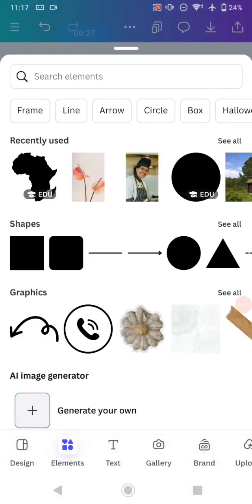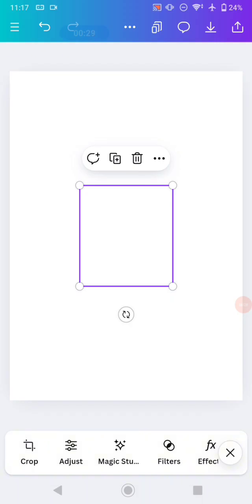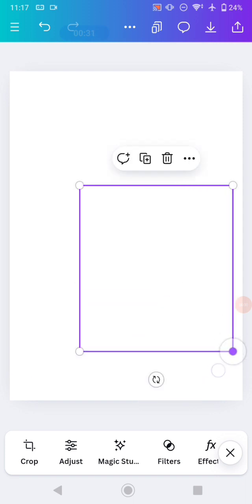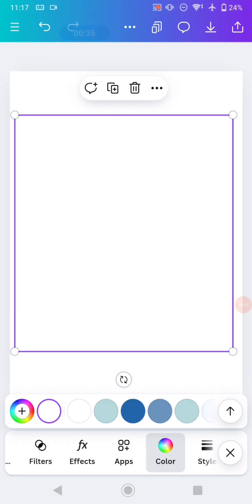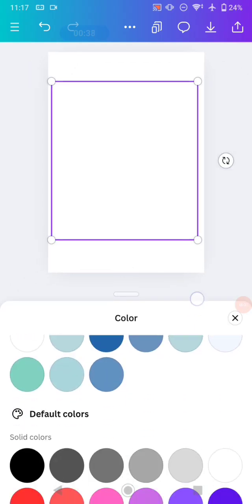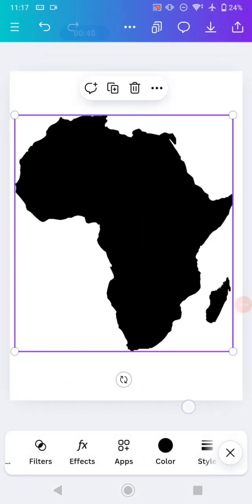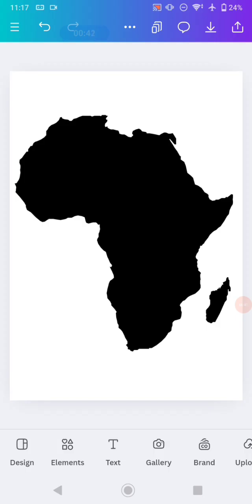For example, I'm going to add a new element onto this blank page. I'm adding this element of a map, this one. Let me show you, I'm going to change the color of it, this one. The way to change it into a frame is just by swiping left your toolbars